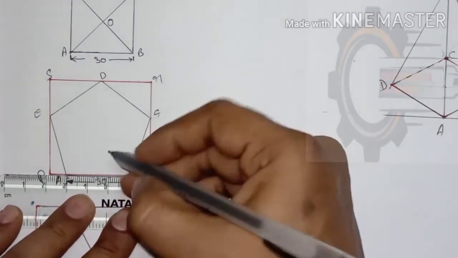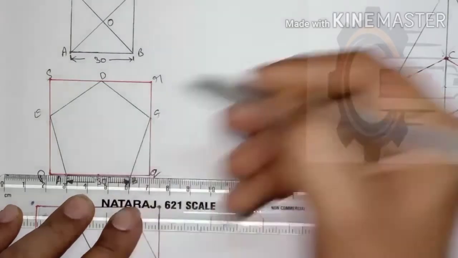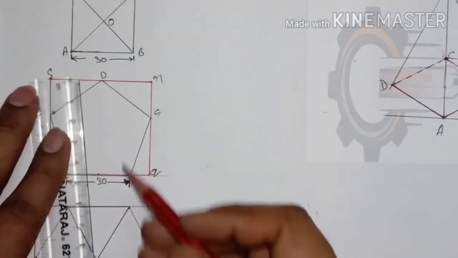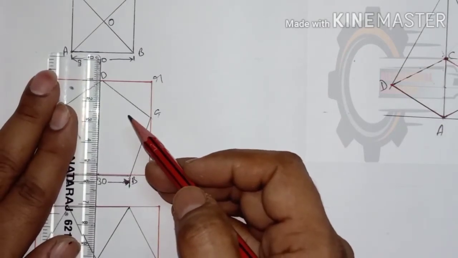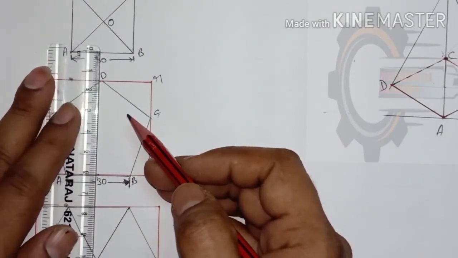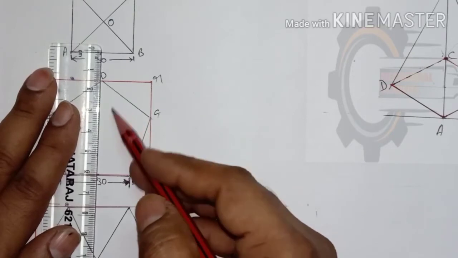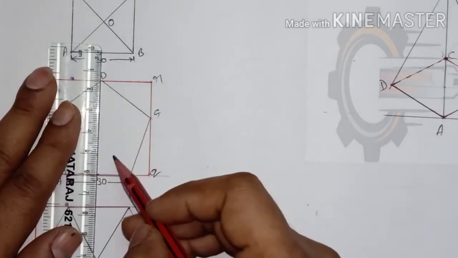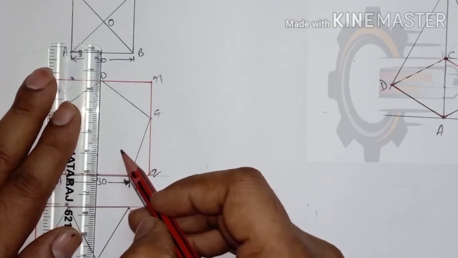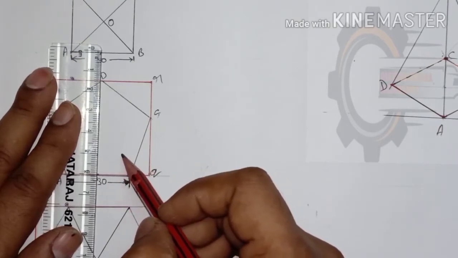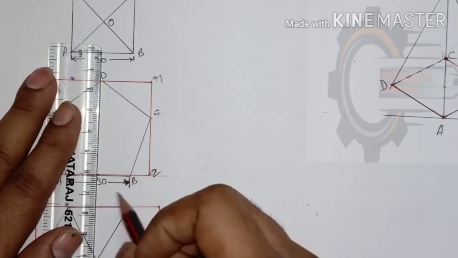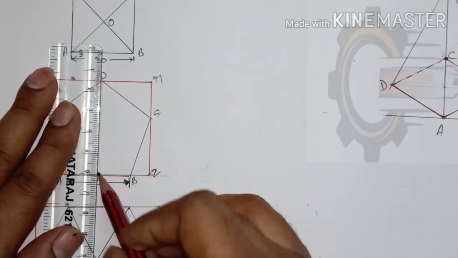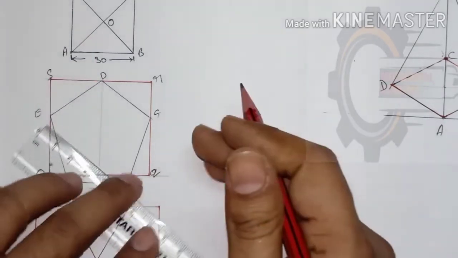So here this is the 30 mm line, and here we have the midpoint. Okay, this is the midpoint. Here it's a very light line, because it's an unnecessary thing. We need to find out the midpoint. Cut. It's a very light line, because we do not draw these lines in the diagram.